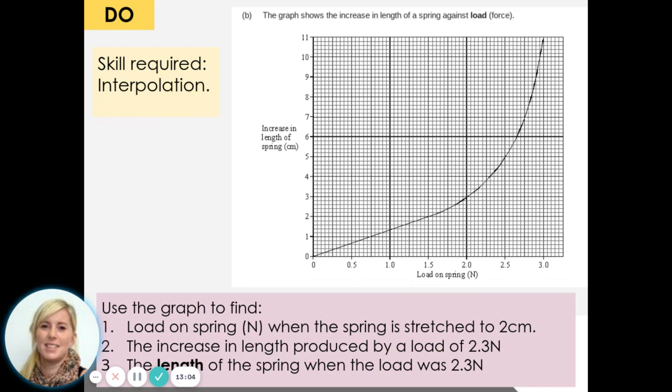And then for the last question, the length of the spring then. Now, what you don't have on this page and what I can tell you is that to answer number 3, you need a combination of number 2 and the original length of the spring. So the original length of the spring without anything loaded on it is 15 centimetres. And what you do for number 3 is you do 15 plus your answer to number 2, which would work out the total length of the spring. So pause the video now and make sure you've got the answers to 1, 2, 3. Remembering that the original length of the spring for number 3 is 15 centimetres.